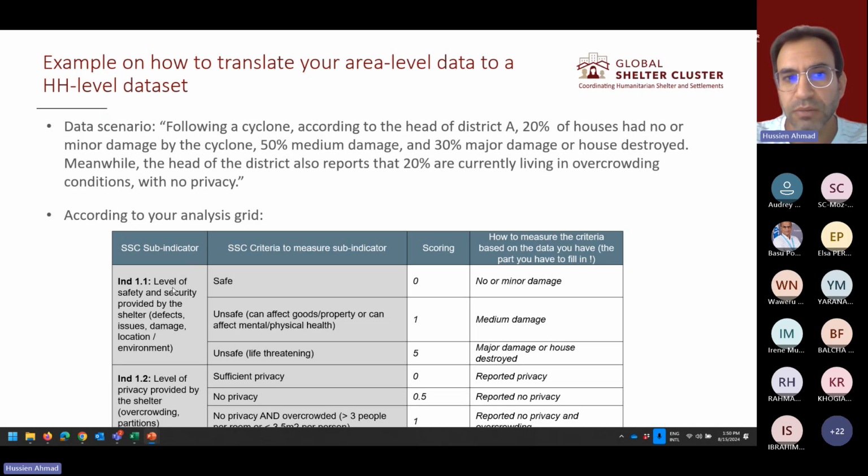Then, these are the information that will inform our indicator 1.1, level of safety and security provided by the shelter. If we look at indicator 1.2, level of privacy provided by the shelter, overcrowding, etc., sufficient privacy, reported privacy, we don't have anything here. No privacy, 0.5 here, reported no privacy, or no privacy and overcrowding as reported. We will see how we will map the figure and the percentages